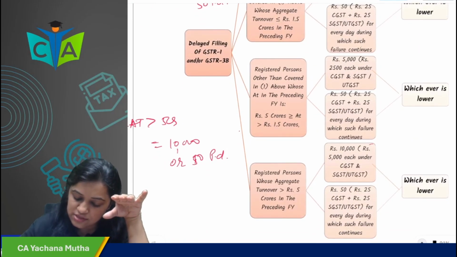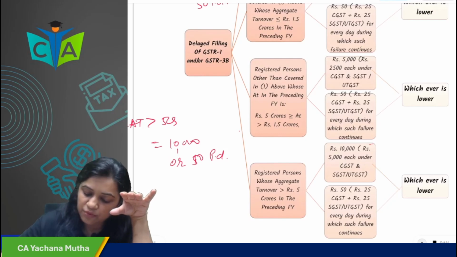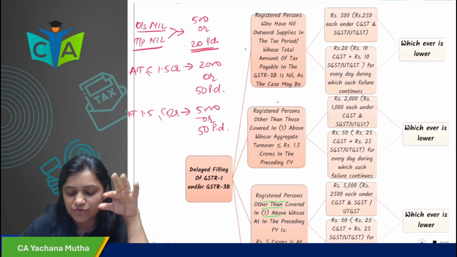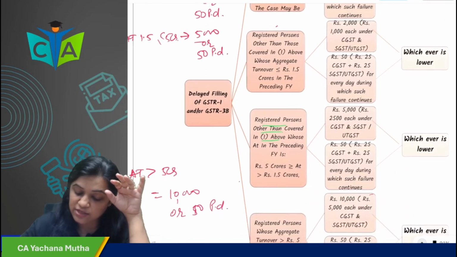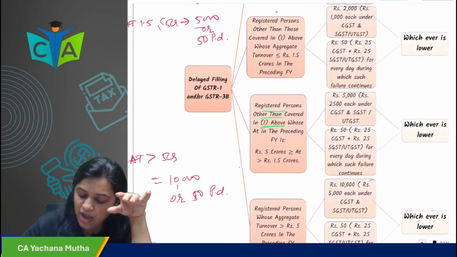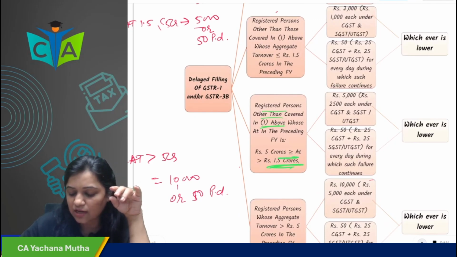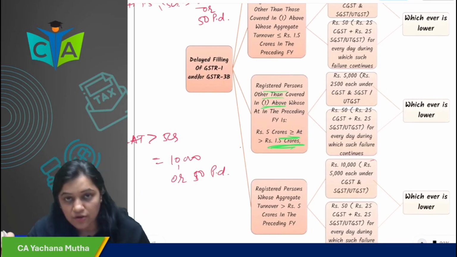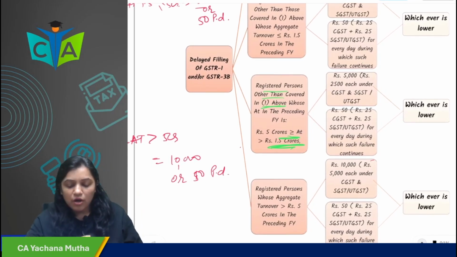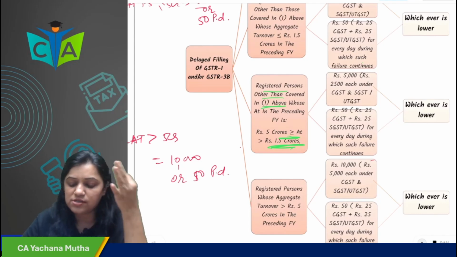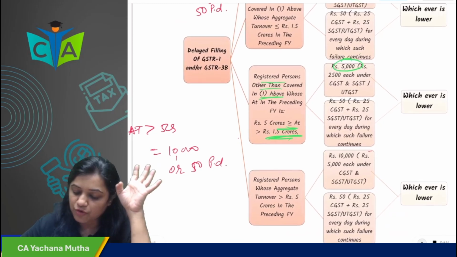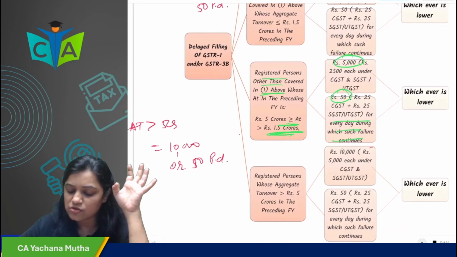Now if you are a registered person other than one above, that means you have some outward supply or some tax payable, and your aggregate turnover is more than 1.5 crore but less than or equal to 5 crore, in that case, what is the late fees? 5,000 rupees or 50 rupees per day during which such failure continues,